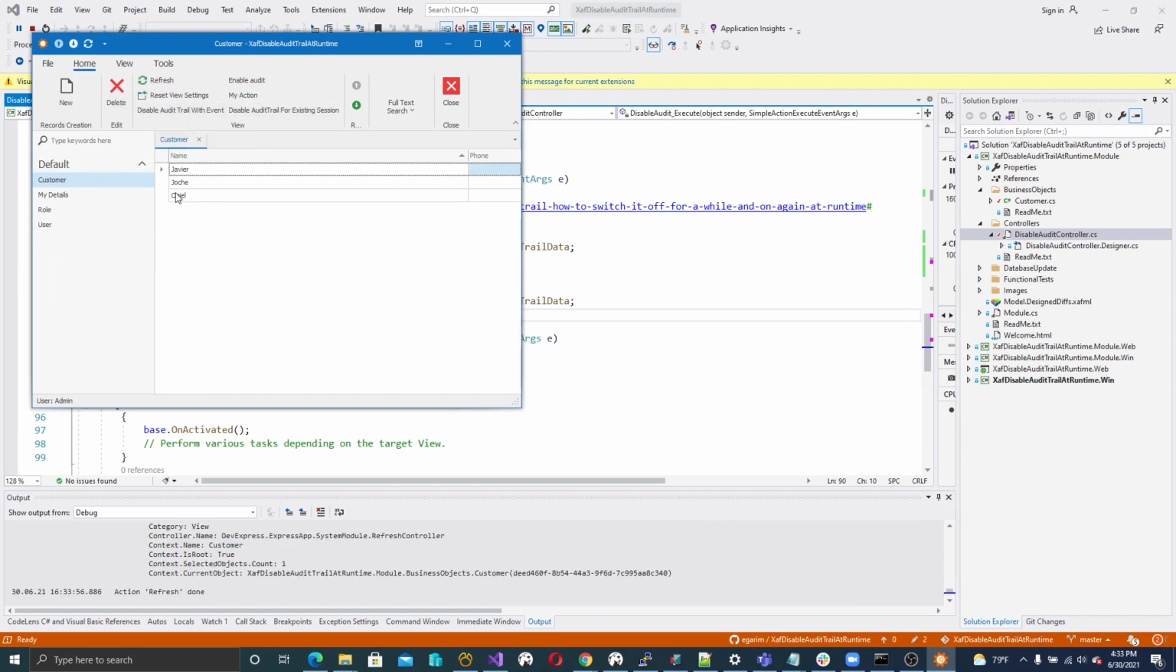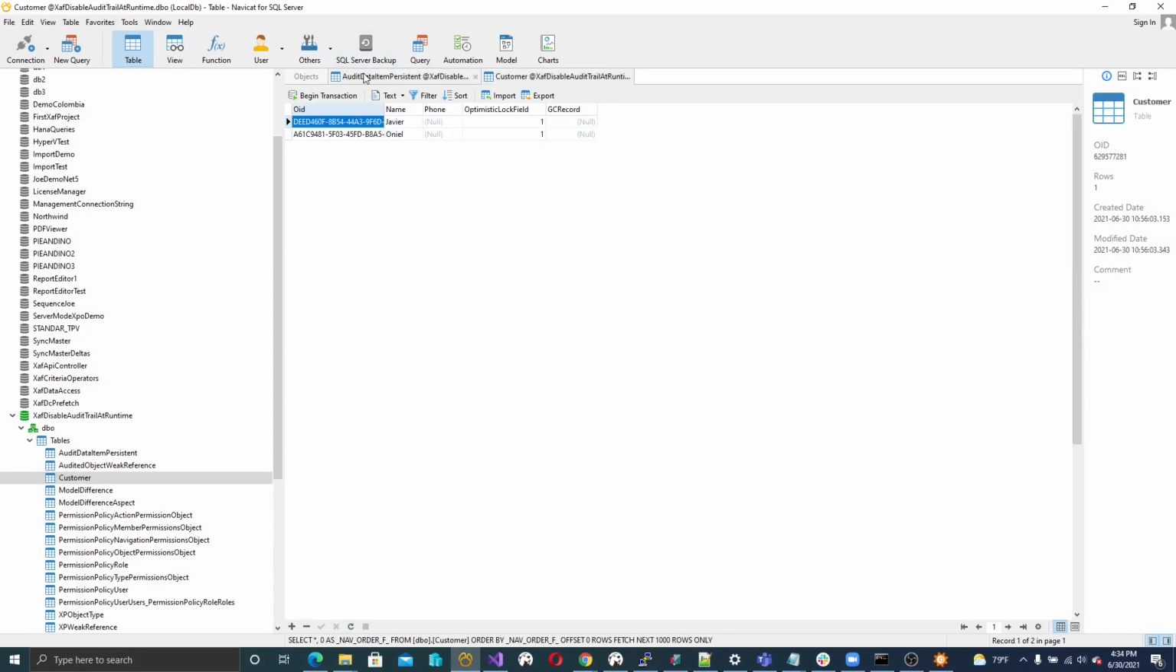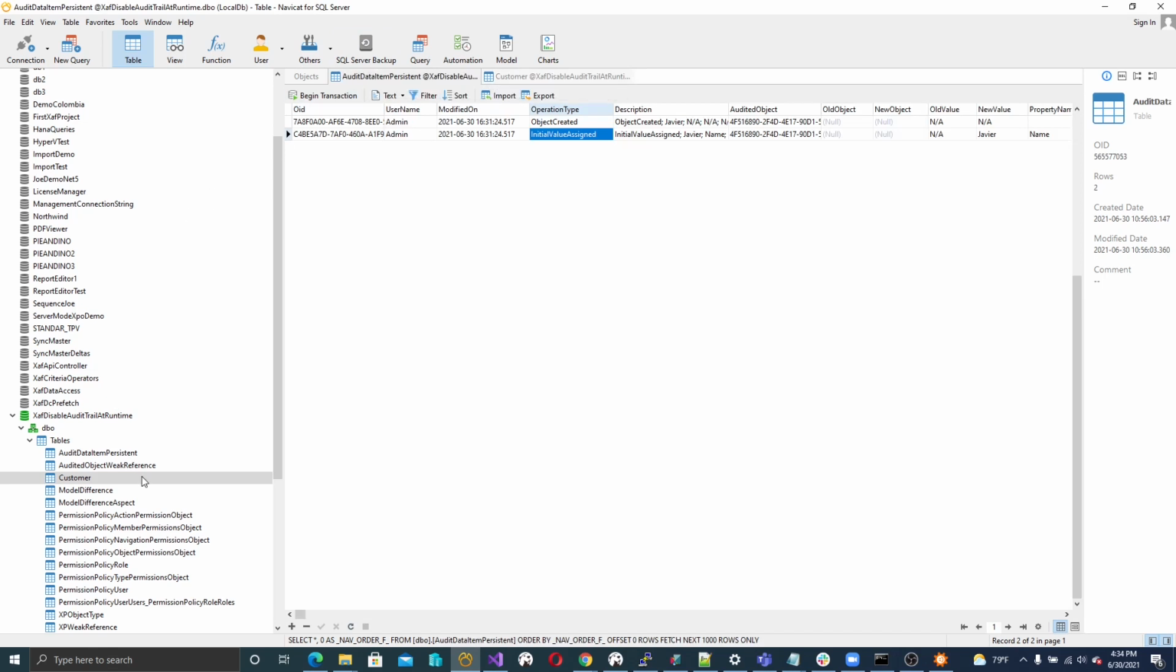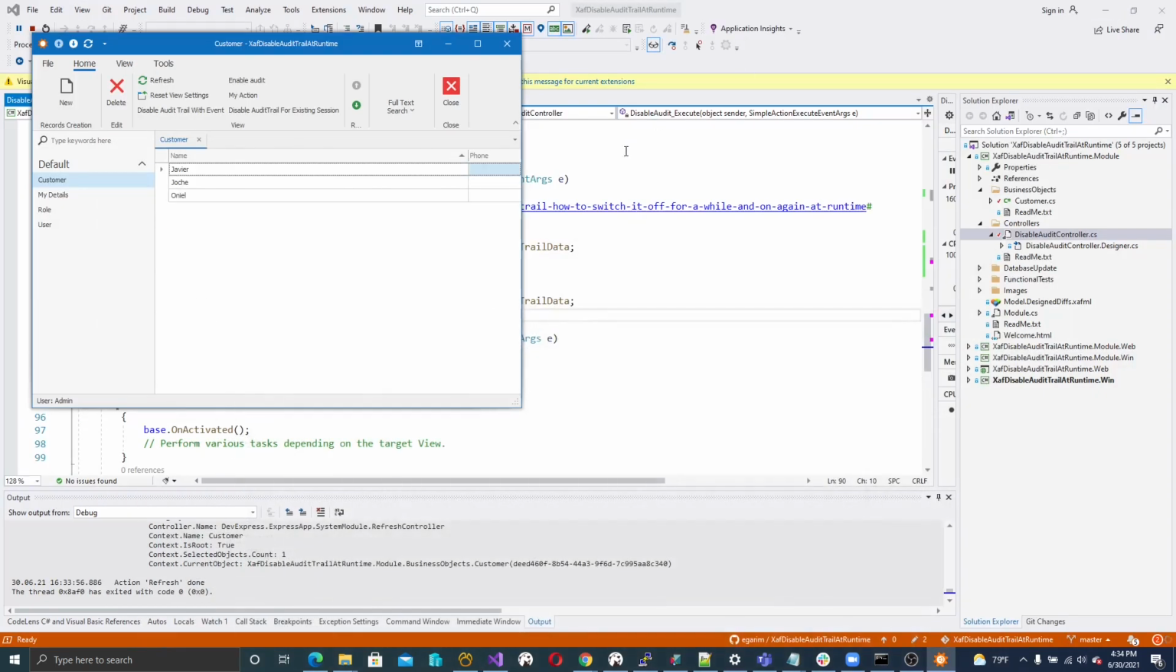we will have another customer, and again it will be empty on the audit trail table. So if we refresh here, see no more records are created. And if we go to the customers table, we will have three: Javier, me, and Oniel. So let's check the last case,